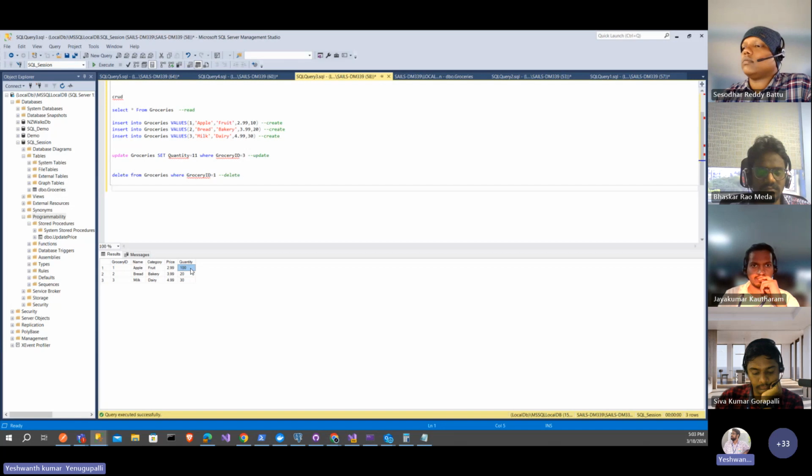If we are going to create triggers, how are we going to get the old data or the new inserted data? For this, in our database we have two tables, inserted